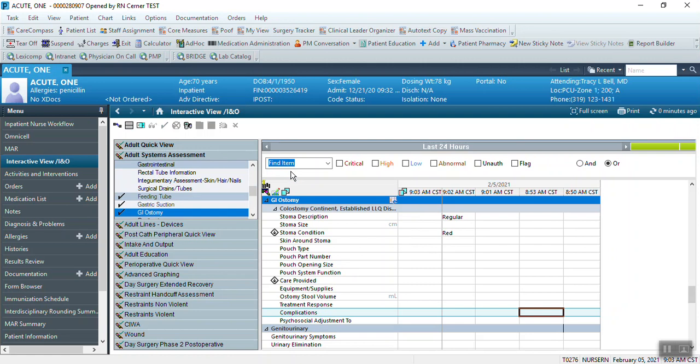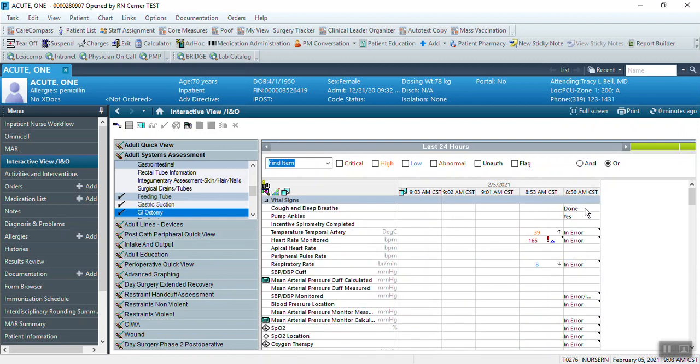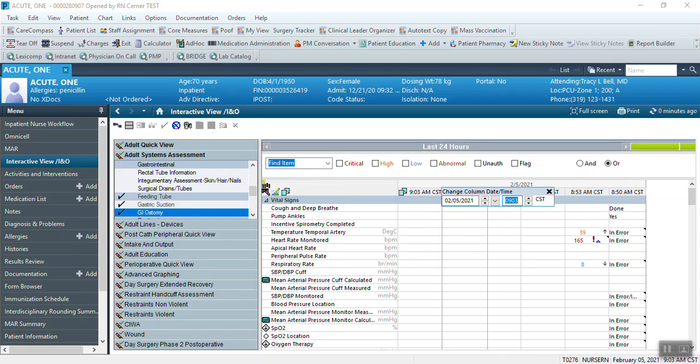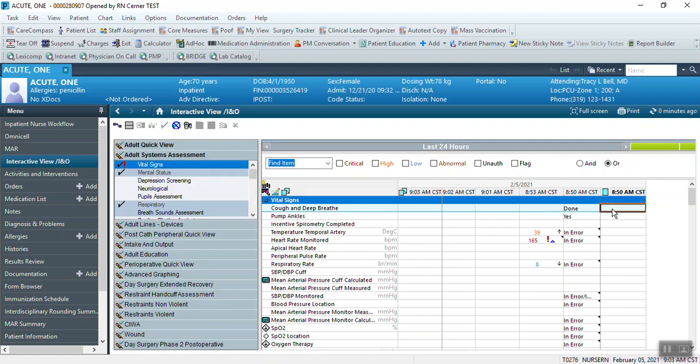That's customizing your view. I've shown you uncharting, and if you have to chart in the same time frame, so maybe you did an assessment at 8:50 and you just put the wrong information in, you can just use that insert, right click, insert date time, and just enter in the same time frame. It'll create another column. Just do something real brief here. Okay, I'm going to go ahead and sign it,